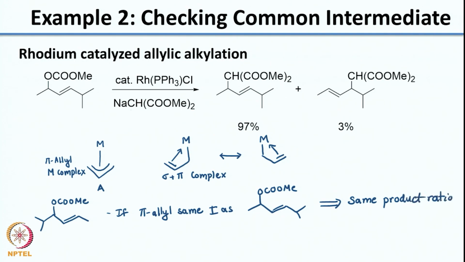Correct? Because both of these would give you the same intermediate. Now, what is actually observed is, the products observed are